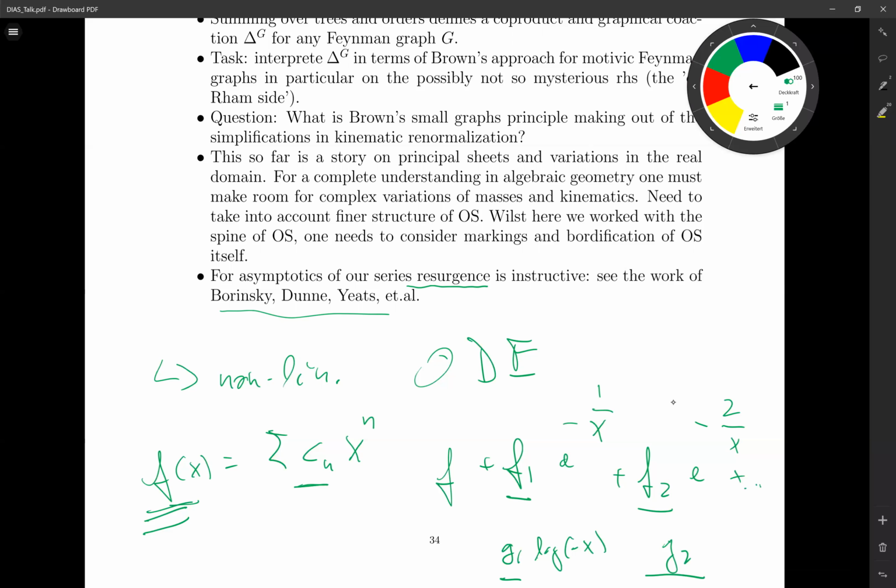Or actually, the F2 might involve some F squared or F prime times F or something like that. But there is a complete machinery which tells you how you get your F's and your G's. So in principle, you can use that to really get to non-perturbative solutions over here. It's very hard business. It has recently, about a year ago, been done by Michi Borinsky and Gerald Dunne for